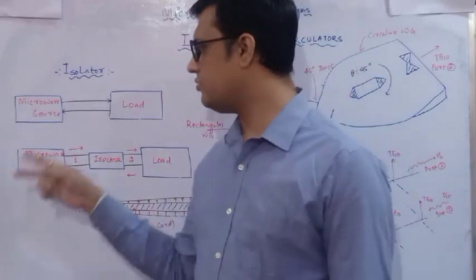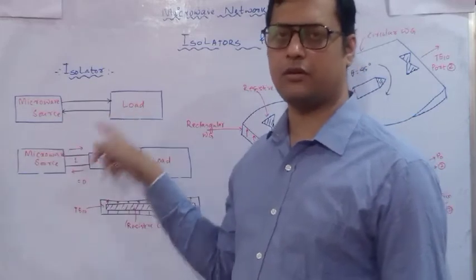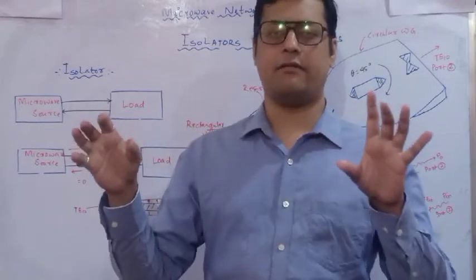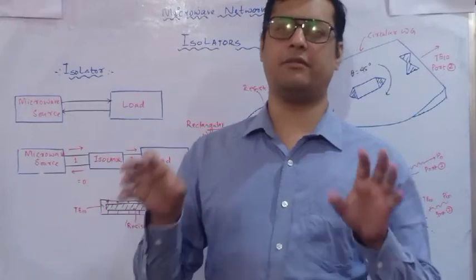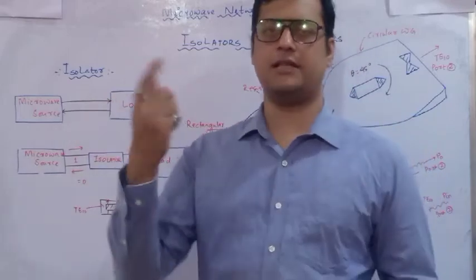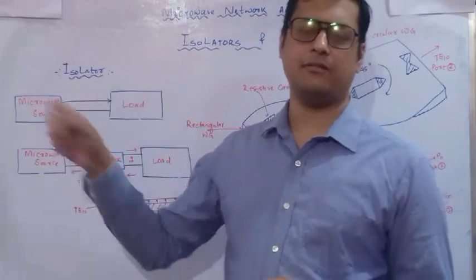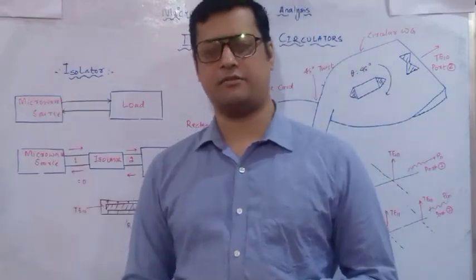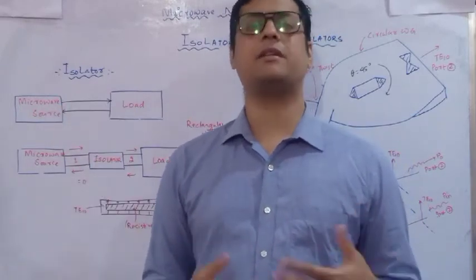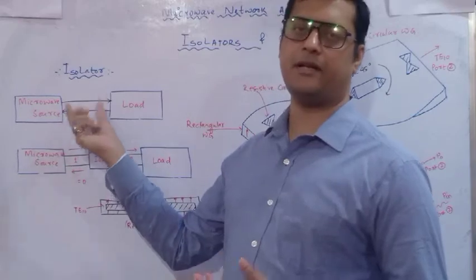So here I have shown two block diagrams. As you can see, first I have shown a microwave source and a load. This is the basic requirement of communication: one is a generator, one is a load, and I will fix a certain waveguide between the source and the load so that the maximum information can be delivered. Here I have shown two arrows, one is the incident and one is the reflected. Now in this case, if the load is not matched with respect to the characteristic impedance of the waveguide with which the microwave source is energized, then what happens? Mismatch will happen. Mismatch means the impedance of the load is not matched with the impedance of the waveguide.